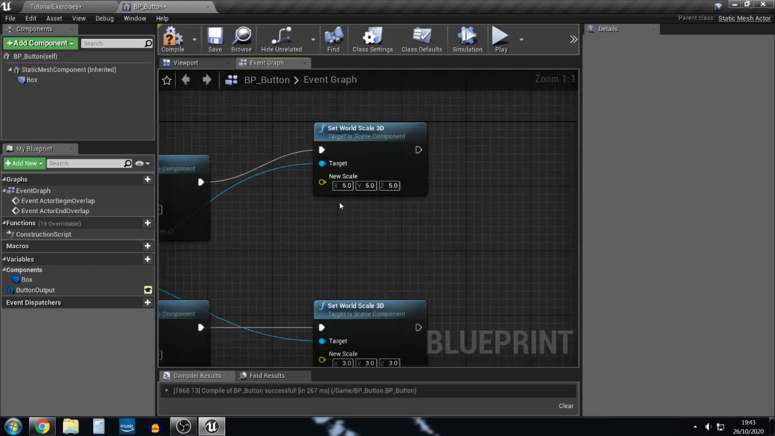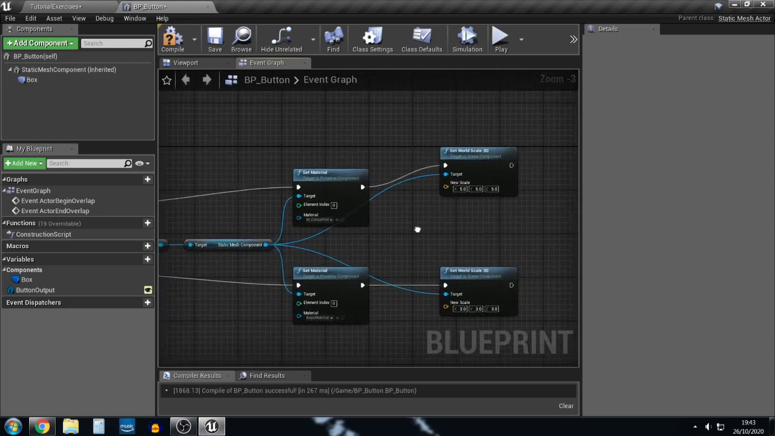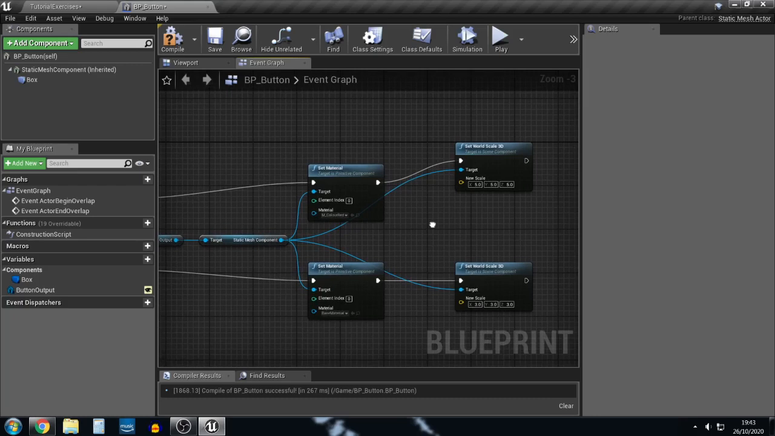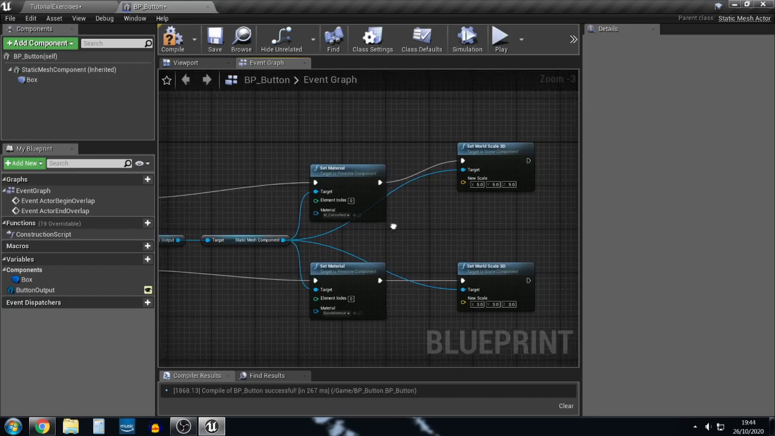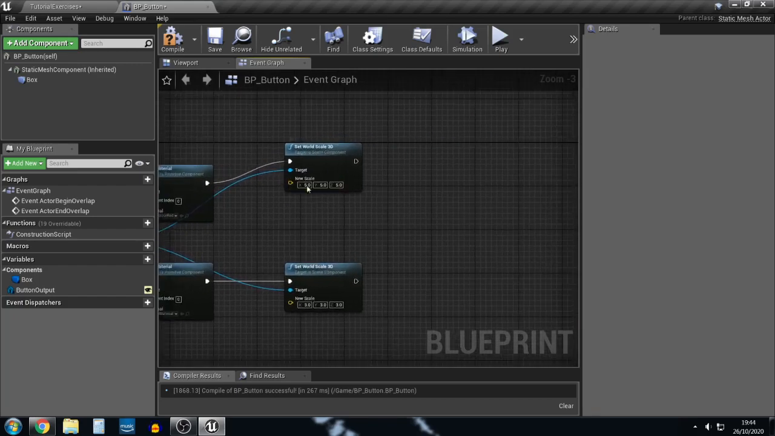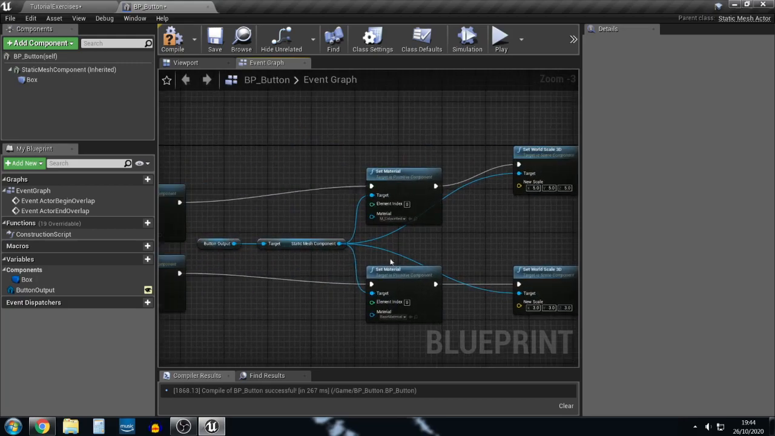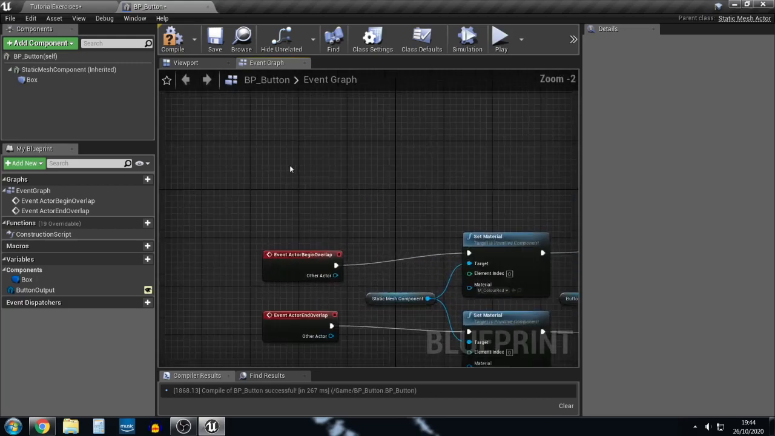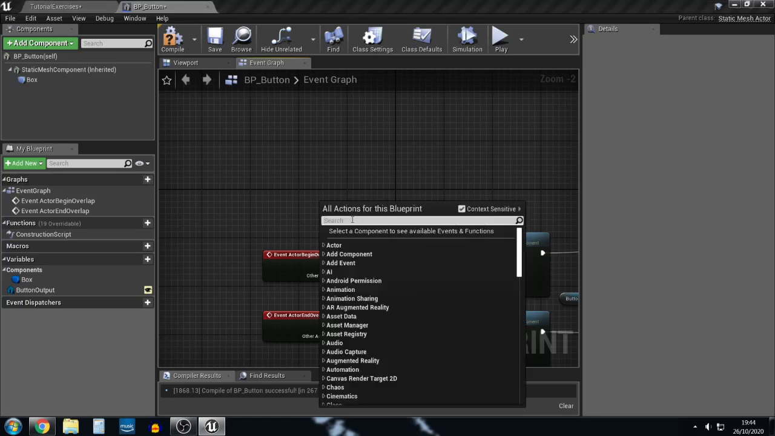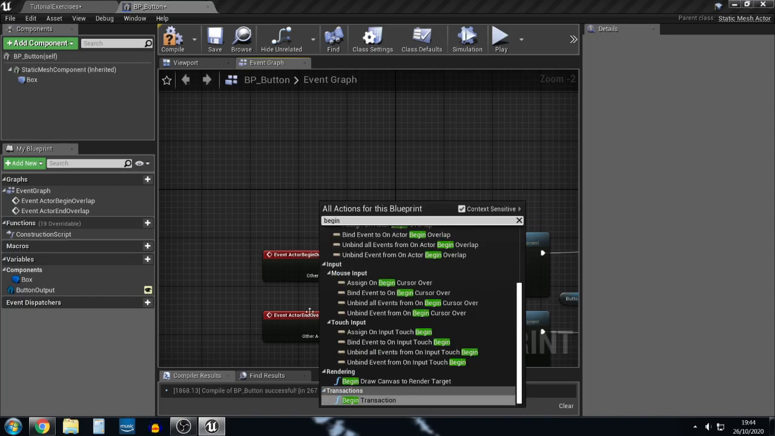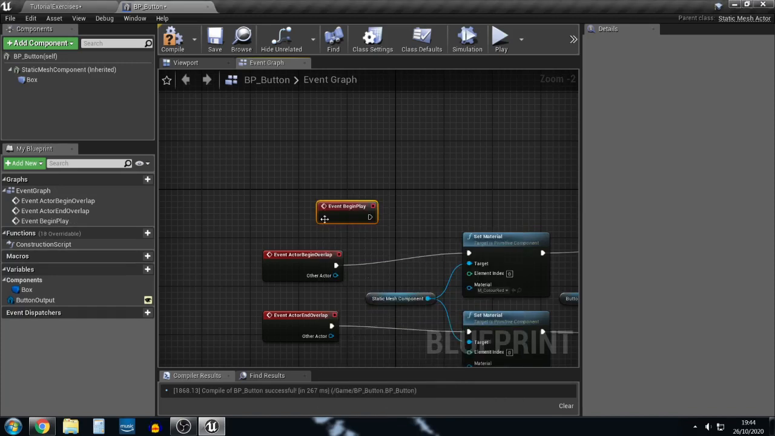But basically what we're going to do is make it so rather than having to use an arbitrary amount, so let's say 5 and 5, let's make it so we get the variable, so let's say the current size, and then we store that as a variable, and then we can use these here to set the relative sizes. So if we come back to the start here, we're going to create a new event. So we're going to come back to our old friend event begin play,